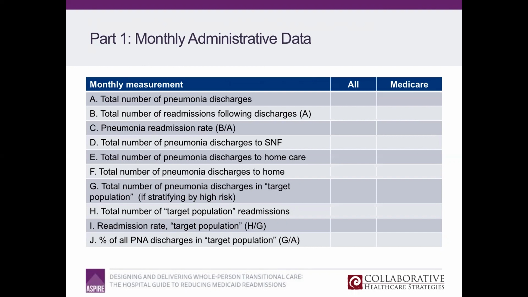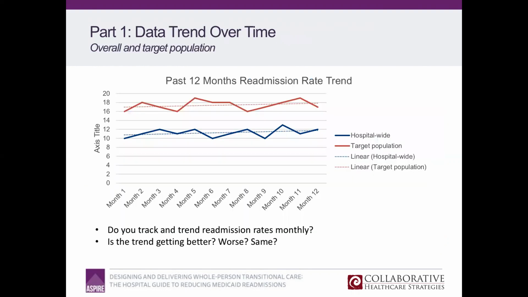So moving into slide 29, we've got what I encourage you to do, which could come in two flavors. Again, you have this in your scorecard. What's your overall hospital readmission rate, trended monthly over time? What's your pneumonia readmission rate? And you might have a third line, which is what's your, quote, high risk pneumonia readmission rate if you're not serving all of your pneumonia patients.